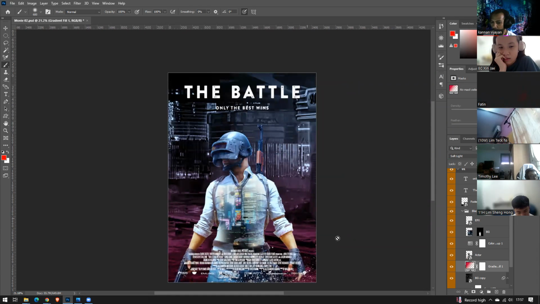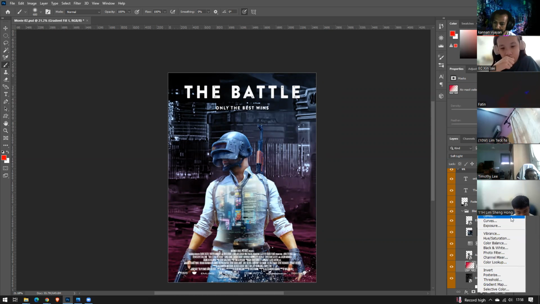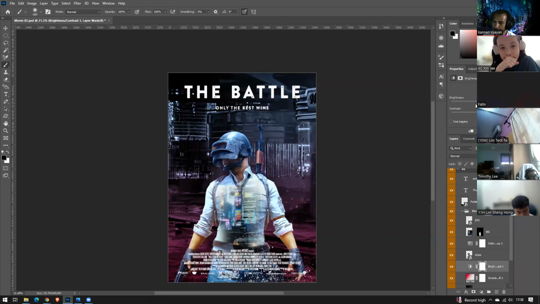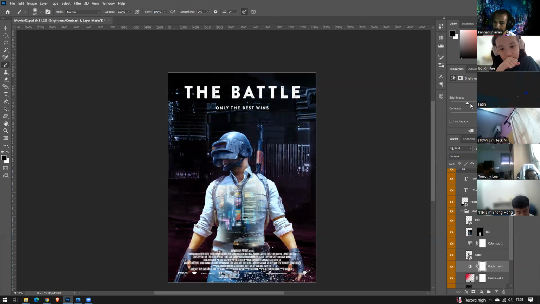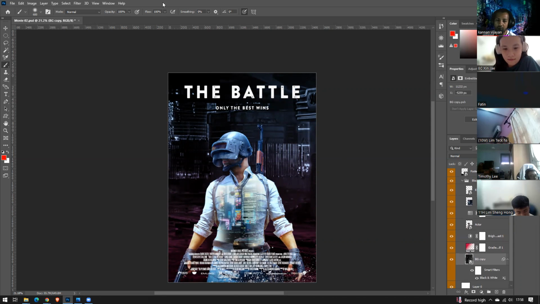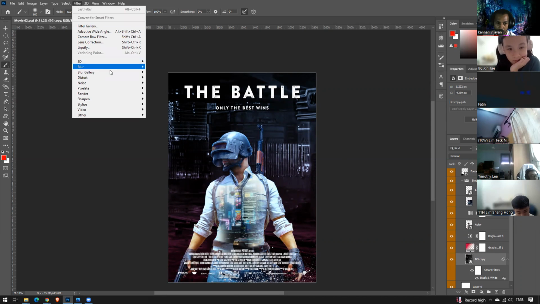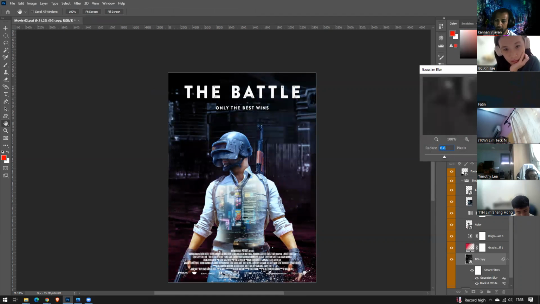So if you want much darker, you can add further and further. Go in, you can have brightness and contrast, reduce the brightness, increase the contrast. Something like this. You can even go to filter, blur, Gaussian blur, or surface blur. See that? The moment you have blur, it becomes much clearer. So this is what we call